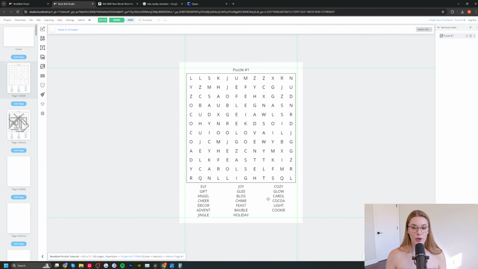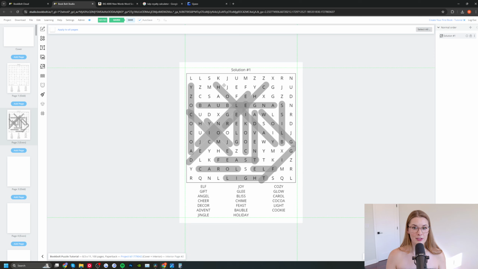Here's all of my holiday related keywords. And then here is my actual crossword puzzle. Then on the next page is the solutions. Everything is highlighted. Everything is scaled correctly, so that you can see exactly where the correct answers are for this